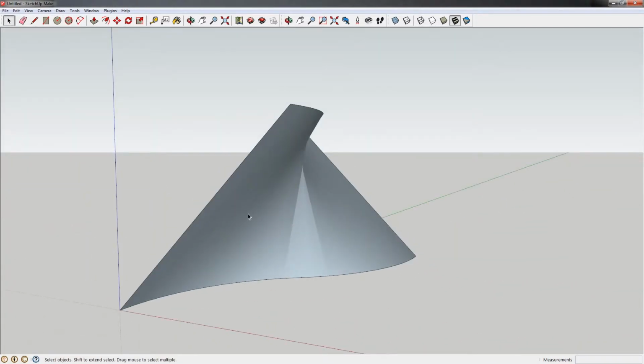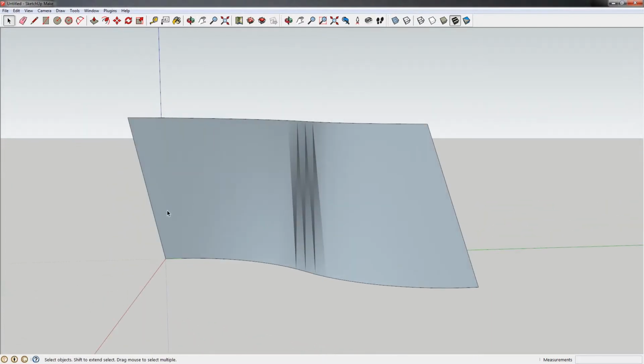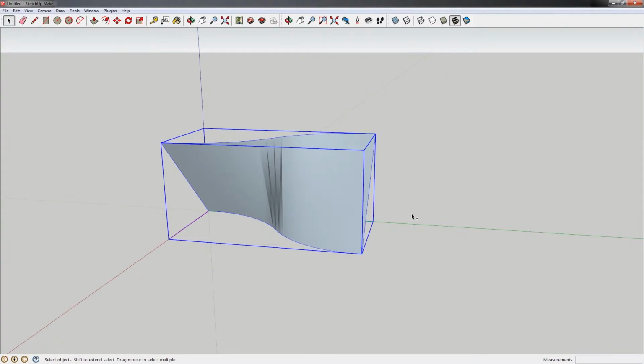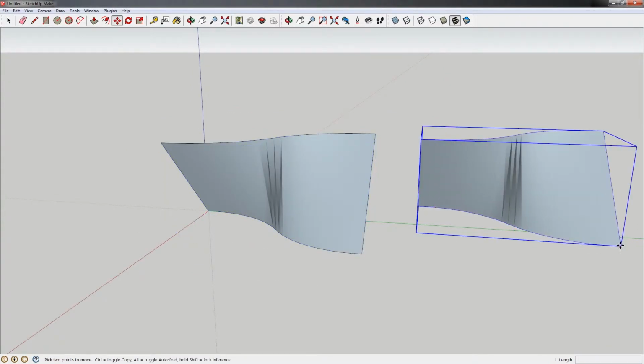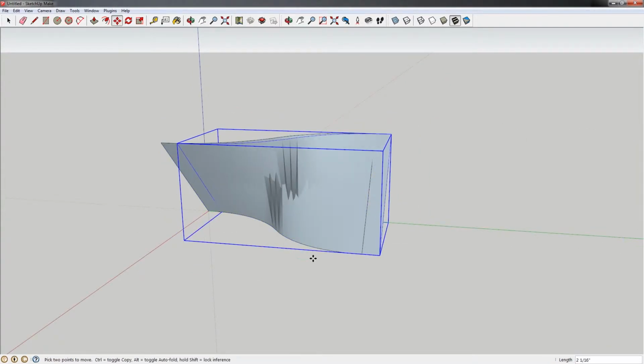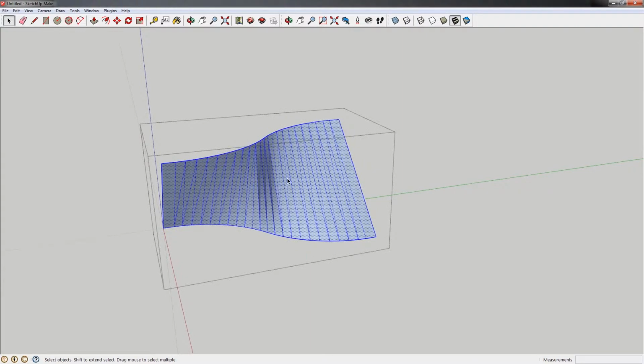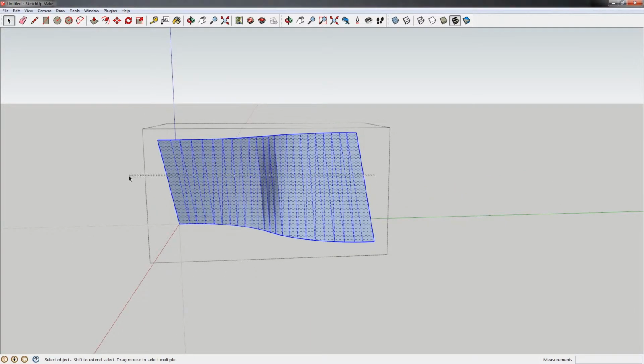So what we need to do is create some ribs that will kind of inform the geometry of the surface. So I'm just going to triple click that, group it, Control C to copy, Control V to paste, and we'll work on a separate one. Move it over 48 units. Alright. So we're going to